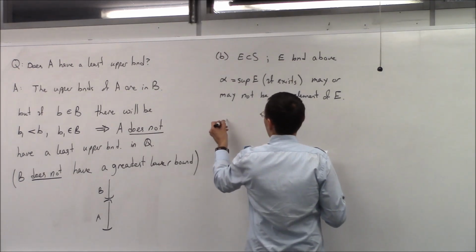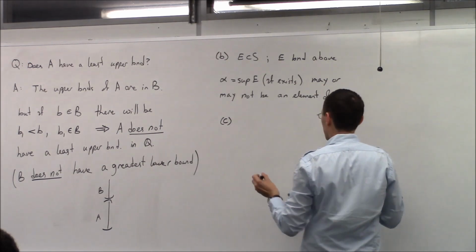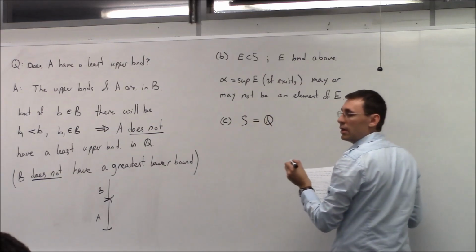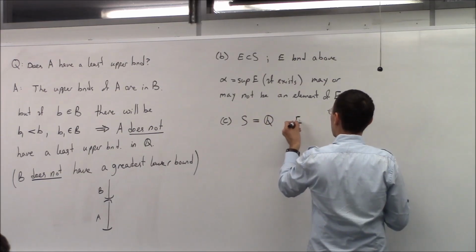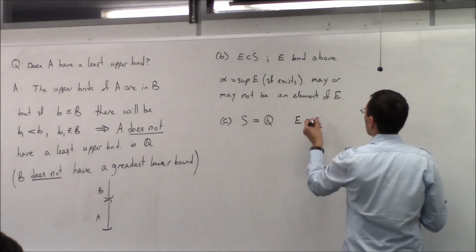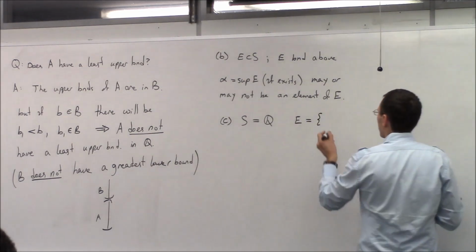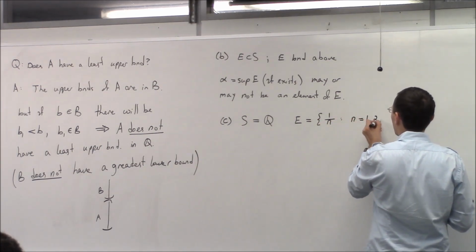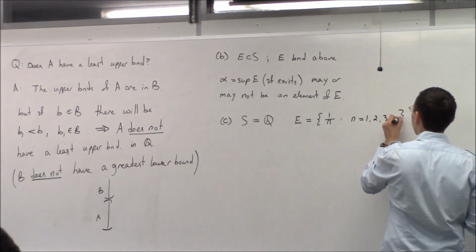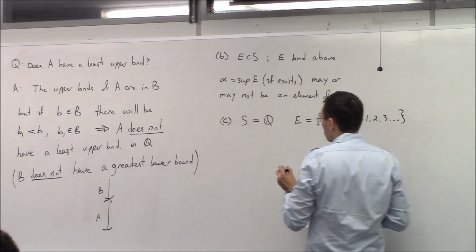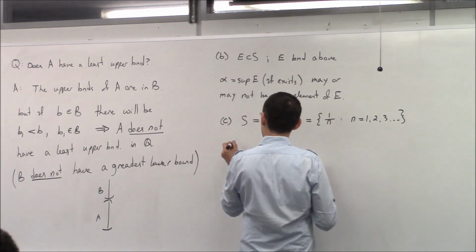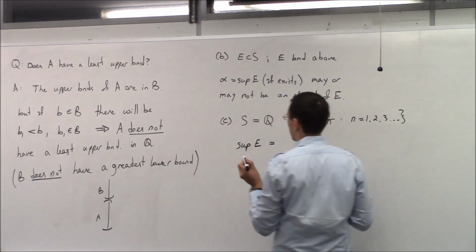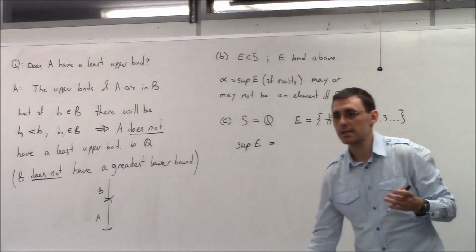So let's consider simple examples, right? Let's suppose that, again, we take S to be equal to Q, and we take the set E to be equal to all ratios of 1 divided by n, where n is 1, 2, 3, onwards. Okay? So please tell me what is the supremum of the set E, if it exists, of course. Maybe it's vacuous. Is there a supremum for that set?